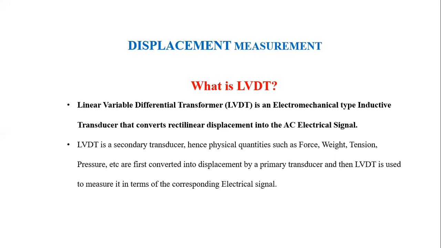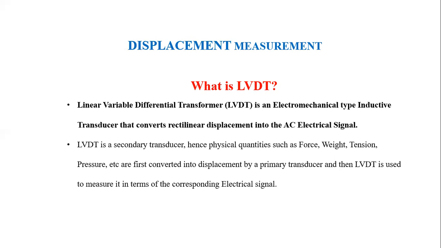So LVDT is a secondary transducer. Hence, physical quantities such as force, weight, tension, pressure, etc. are first converted into displacement by a primary transducer, and then LVDT is used to measure it in terms